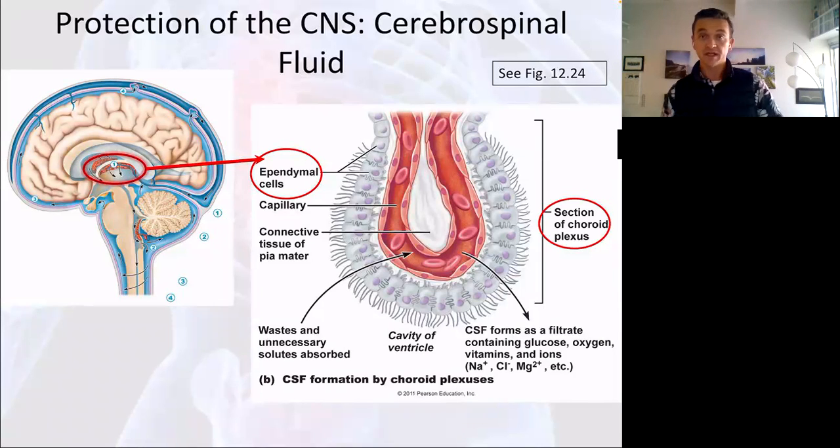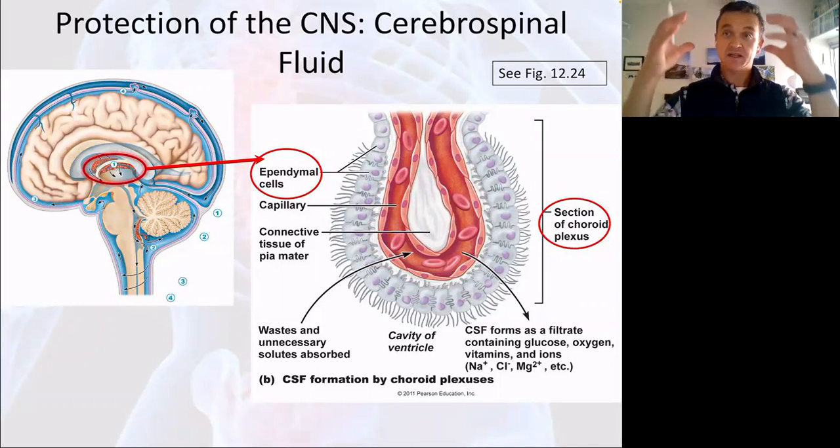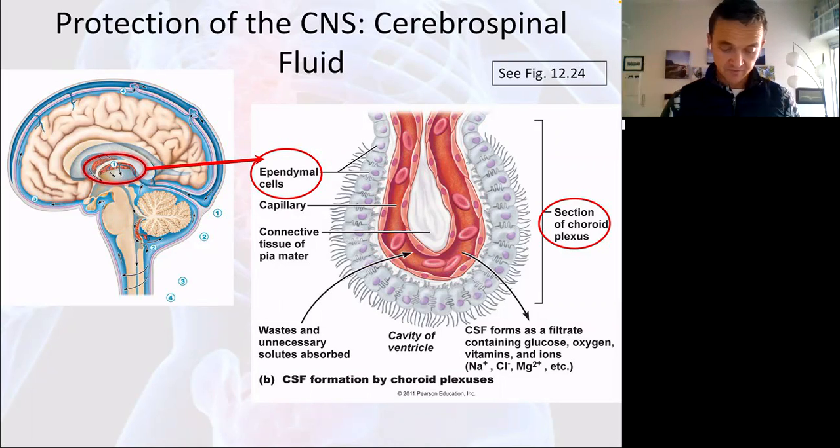Okay, the whole central nervous system is also protected by cerebrospinal fluid. The brain is actually kind of floating on cerebrospinal fluid, right? So there's really fluid all the way around the brain, okay? And then there's fluid on both sides of the spinal cord as well as in the central canal going right